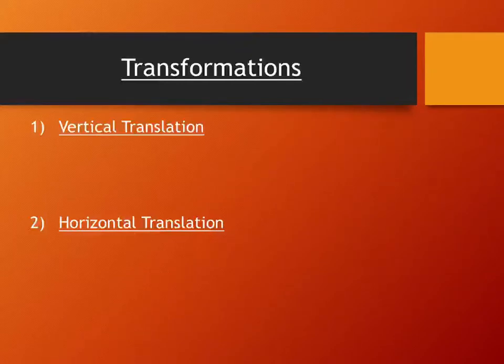Okay, so it's what happens when you get in the elevator. It's what happens when you walk across campus. Your body's shape did not change, you just changed where you were located. That's a translation. So a vertical translation happens for an equation when we add or subtract a value on the